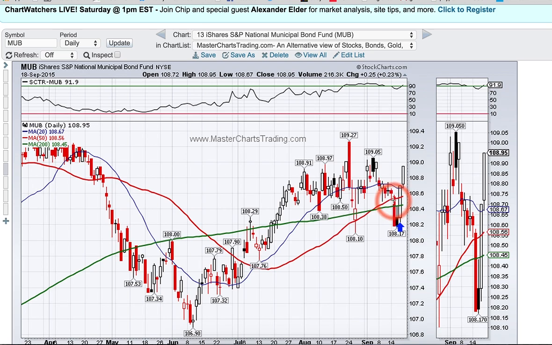And here there was an oversold condition. Then this was a trigger for you. And this is a clear trigger and a clear follow-through. Actually, MUB was the strongest performer, and you can see the StockCharts Technical Rank is at 91, almost 92. So it's a strongly performing fund, and this is one of those funds that doesn't move much. You got 0.23%. This is telling me volumes about the safety posture of market participants.